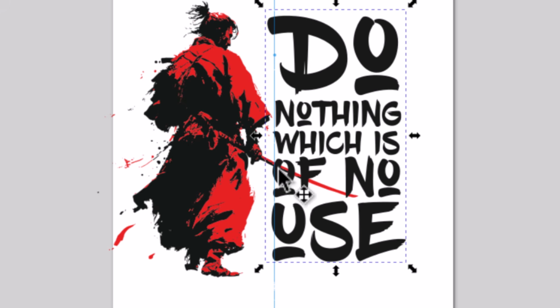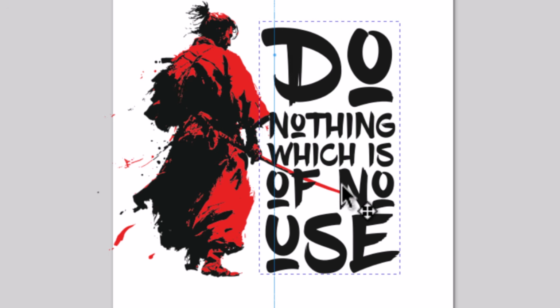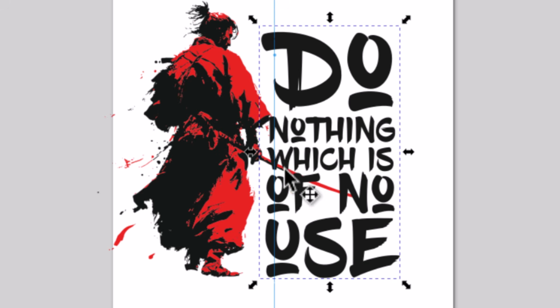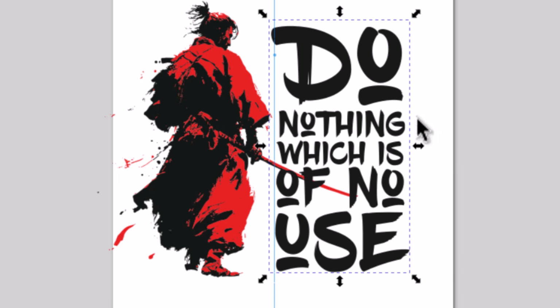So I'm going to put that in a position where I don't want the sword crossing over too much. So I can find a nice little middle ground. This isn't too bad here. It's sort of not intersecting the letters too much. So it sort of cuts through, helps, still actually legible. Now I'm almost the same height as the figure, and I still need to put Musashi's name in there, but